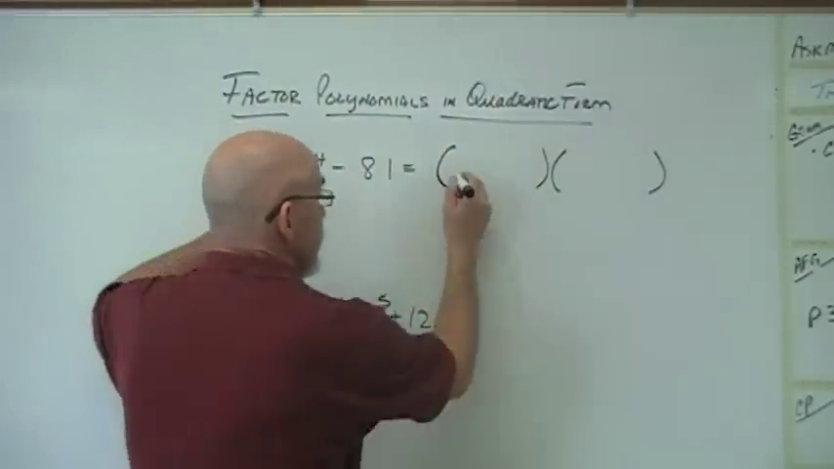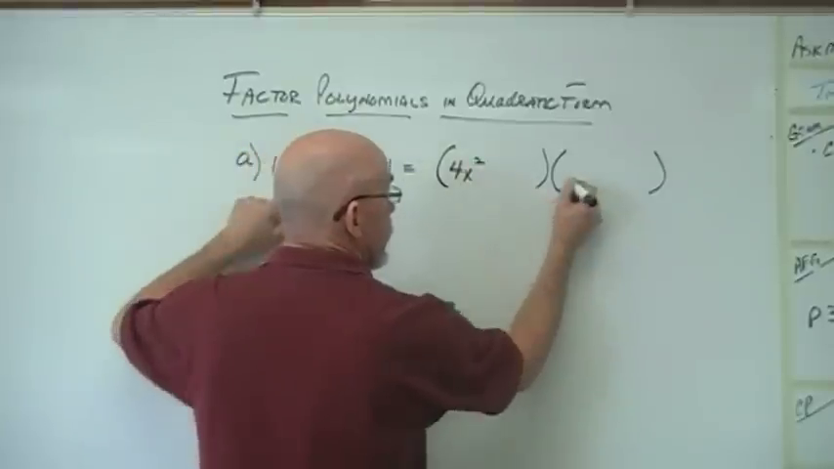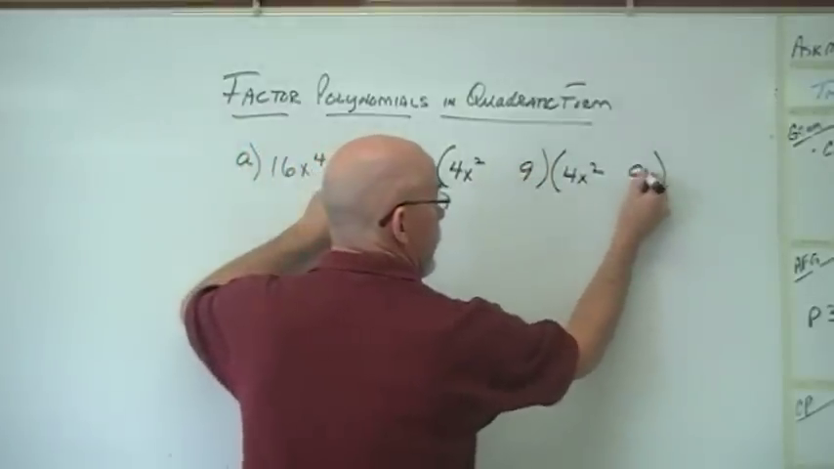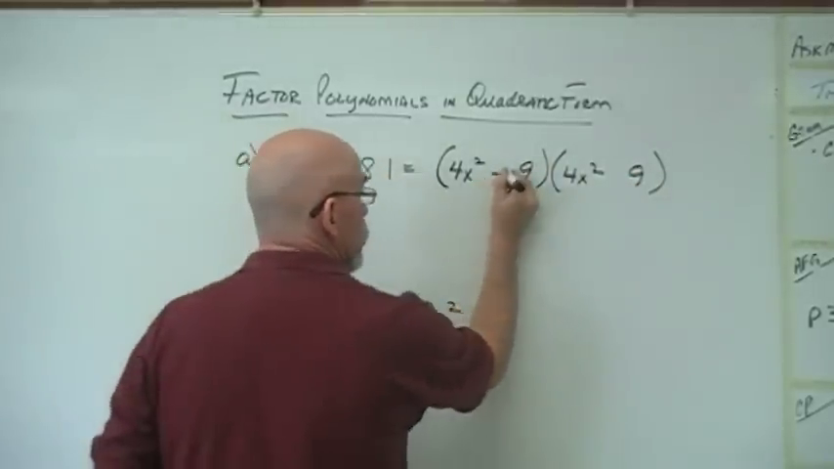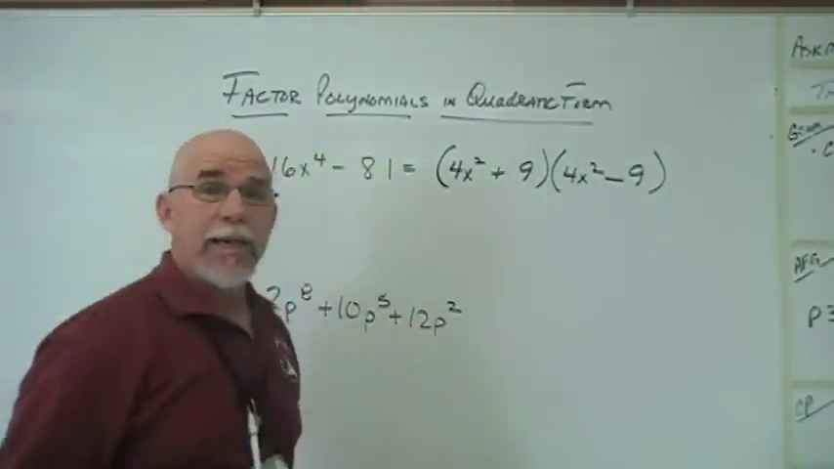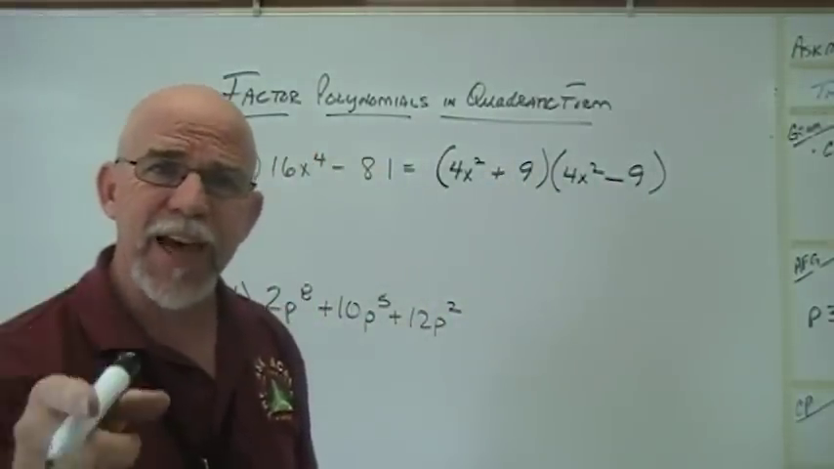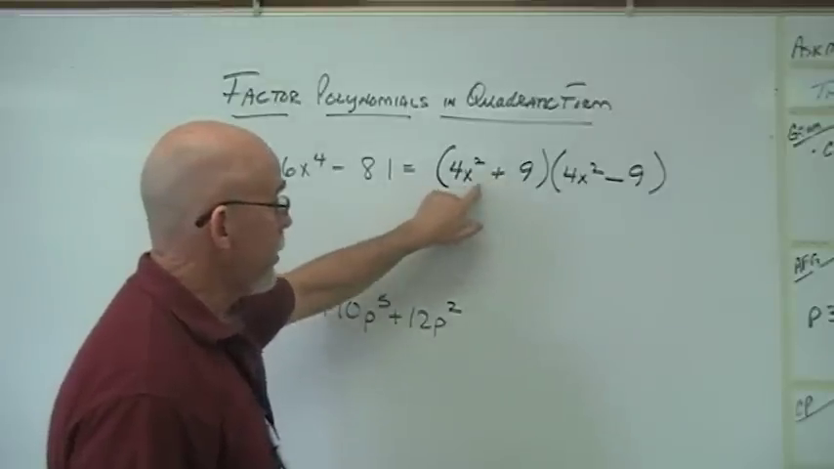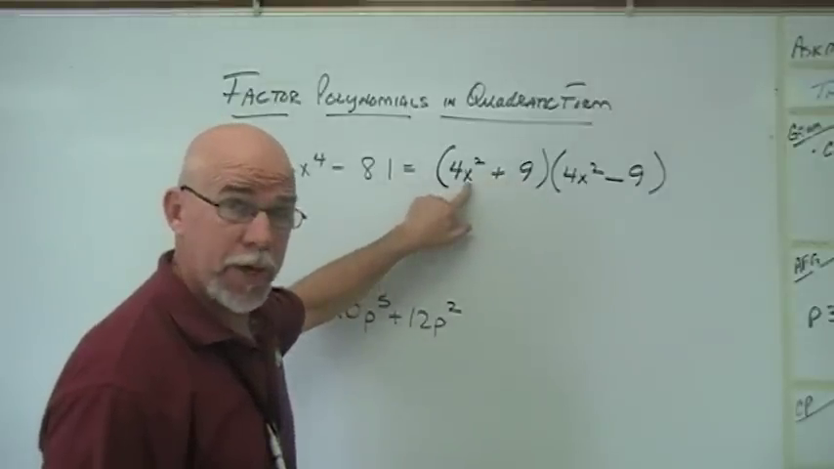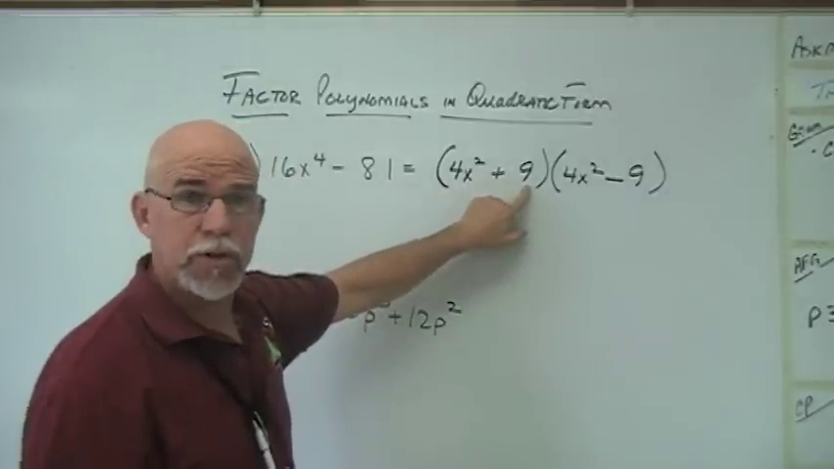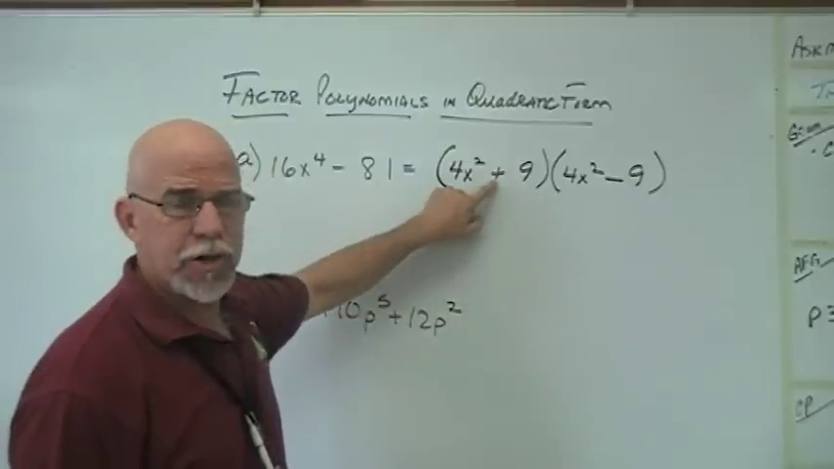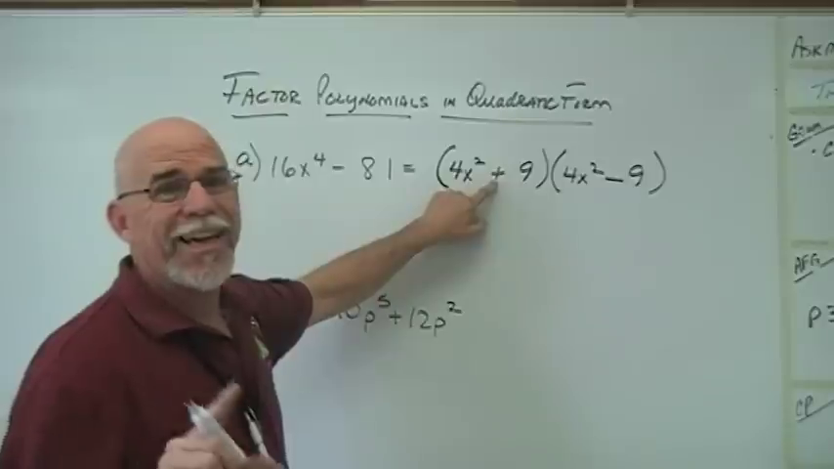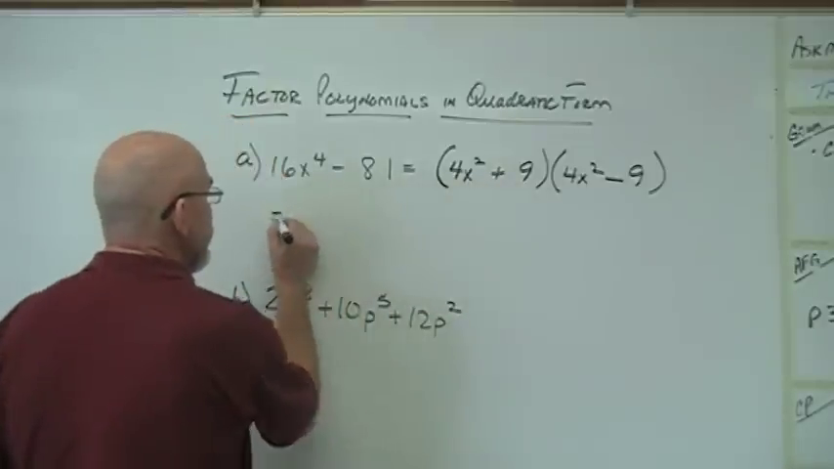The square root of 16x to the fourth is 4x squared, and the square root of 81 is 9. Again, with the difference between them, one's plus, one's minus. Now we've factored that far, but is it factored completely? Well, we have to look at this, and now we have, again, two squares. 2x and 3 are the square roots, but we don't have the difference between them. So the sum of two squares cannot be factored. So we leave that